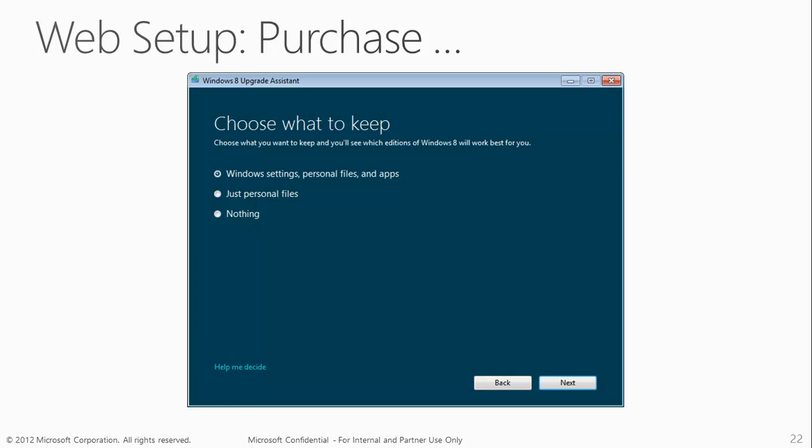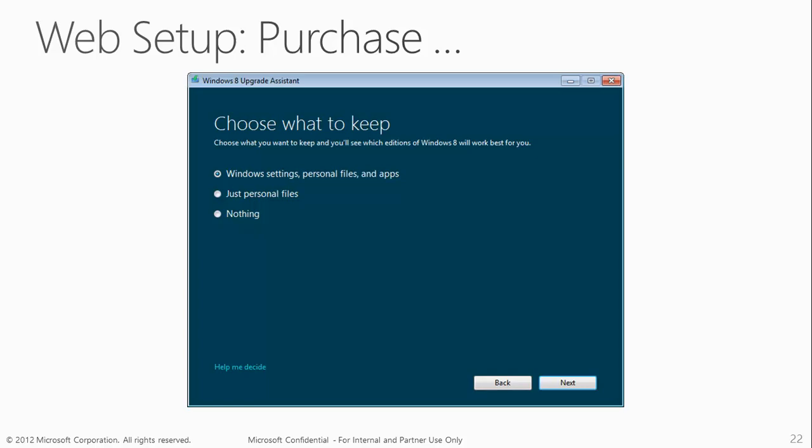The next step for web setup and the upgrade assistant is to ask what elements of the current configuration you want to keep. You'll only see the migration options that are available to you based on your current Windows version. The selection is needed prior to purchase in order to determine what Windows 8 options to list in the next step. If you're running Windows 7 Pro or Ultimate,